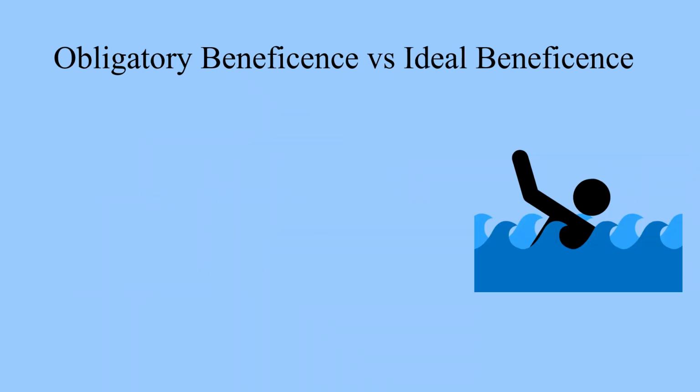The previous discussion about specific beneficence versus general beneficence dovetails nicely into the second distinction of obligatory beneficence versus ideal beneficence. So the stock example for this is, say that you're out walking and you see a person drowning. You're the only person around. Are you obligated to jump in to try to save them? Well, your response might depend on a number of different factors here. So first one being, are you able to swim? If you're not able to swim, it probably doesn't seem obligatory for you to also sacrifice your life and not successfully save the life of the person who's drowning.